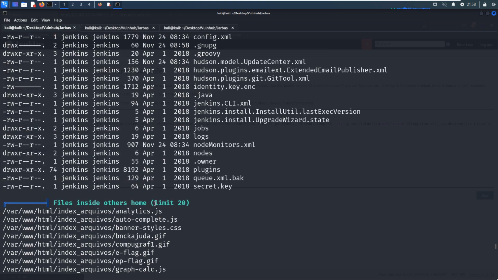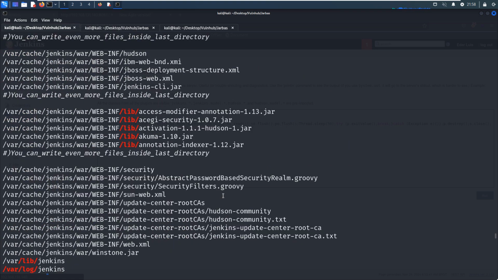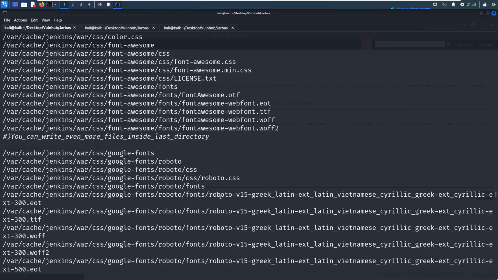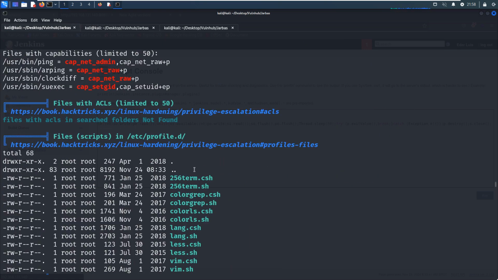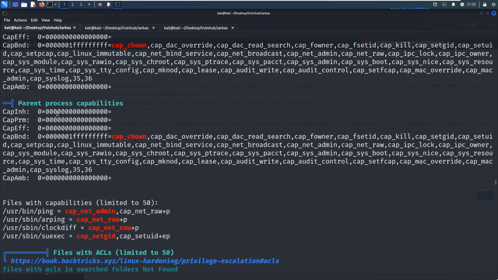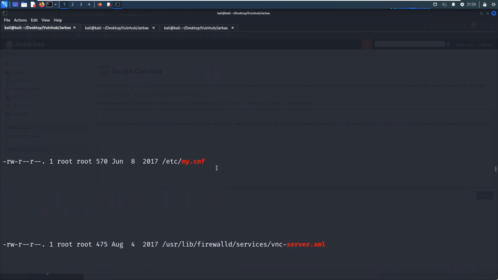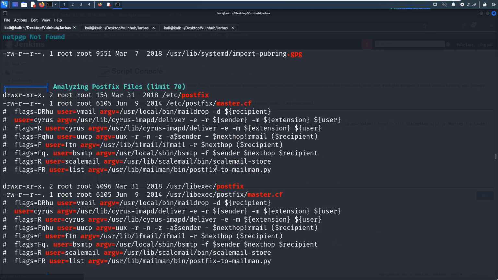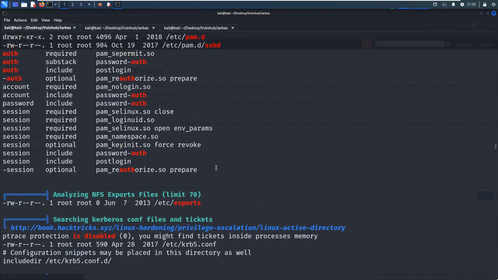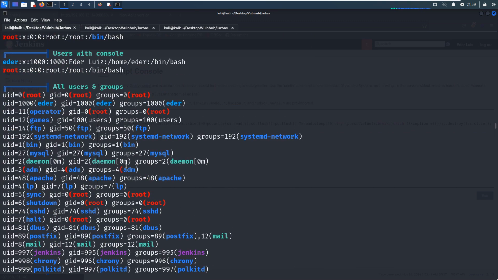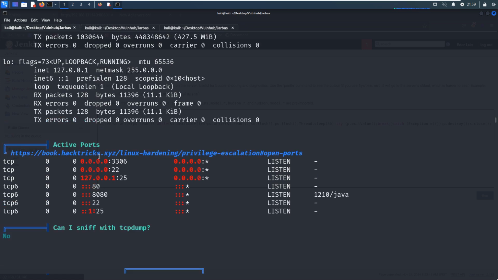Mails, others, capabilities, SUID bit, MySQL connection, also version information, active ports.